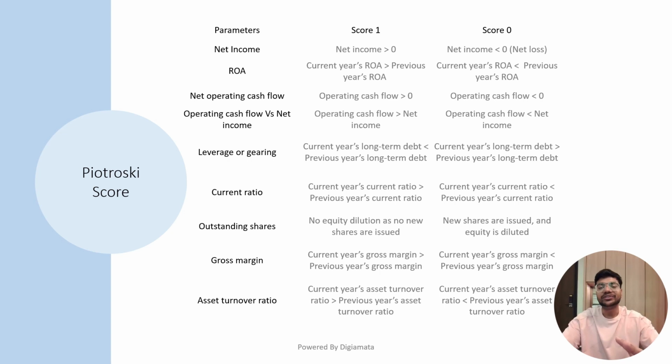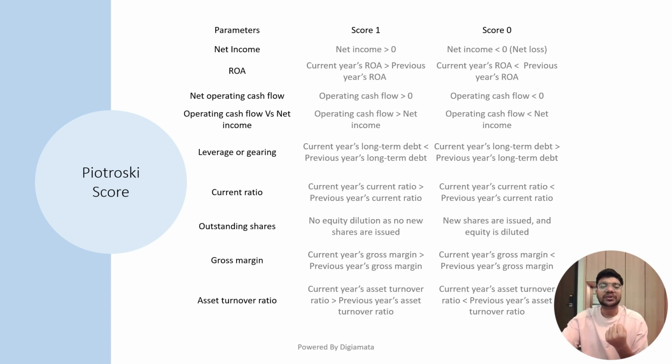Now you don't have to worry, you don't have to really analyze all these separately. You can just take the Piotroski's score, which is directly available for free, and just use it. But this table is just for reference. If you really want to dig deep, you can pause and look through it. These are the same concepts which we have already covered. They have just used these concepts to generate a score, okay, and use that score to find whether the company is doing fundamentally good or not. And this score, as you can see, basically works on the historical part. It basically compares your current year's financials with the last year to judge it.